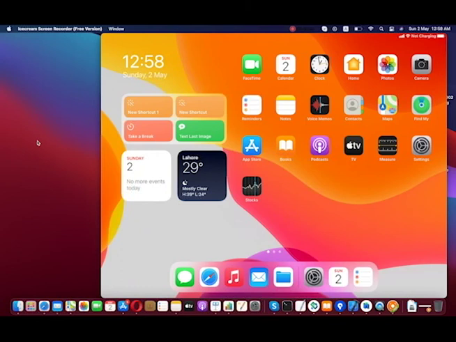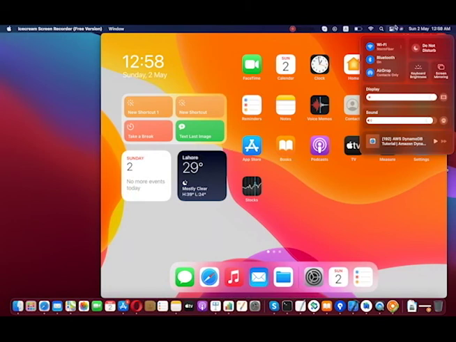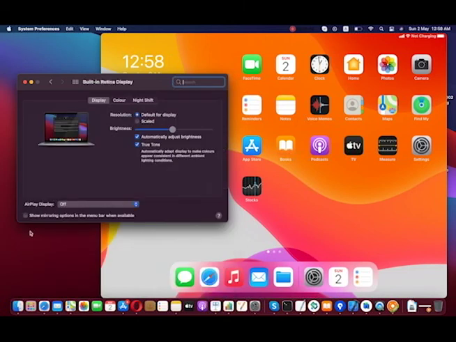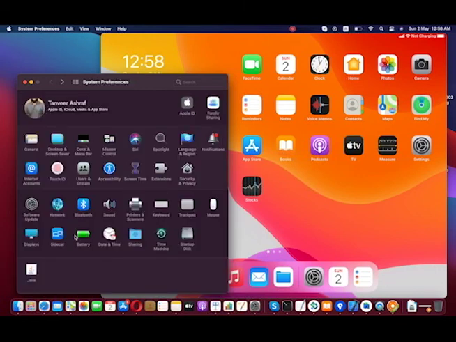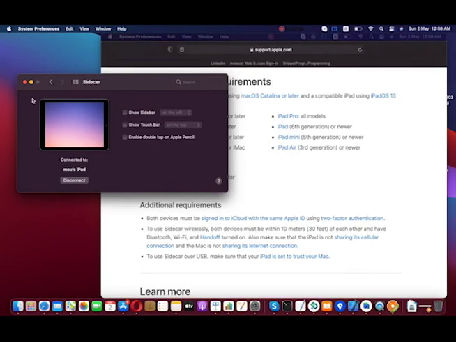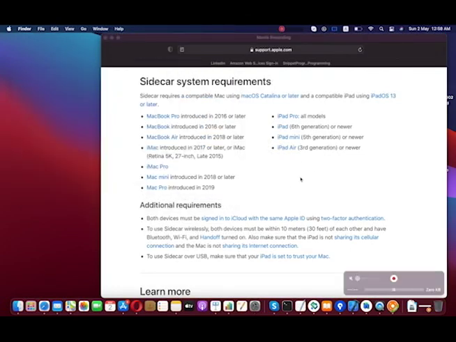You also have multiple options to enable this. I will connect it again. Options to enable this screen, like our iPad. So if you don't want to enable it from here, we can simply go to the settings. And here in the settings, we can select Display, and here we can find our iPad as well, or we can go to Sidecar, and here we can see all our devices. If I click on, for example, my iPad, I will see the screen.